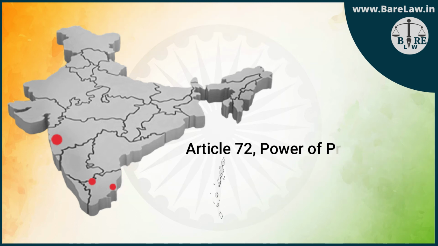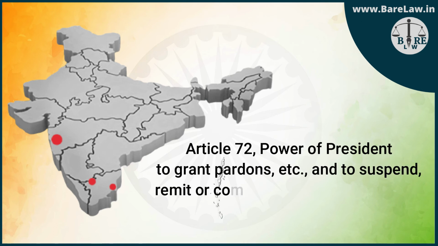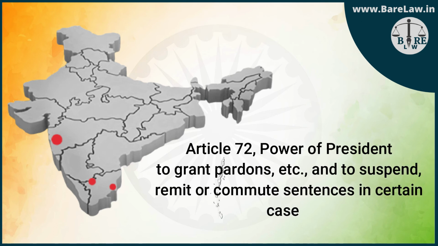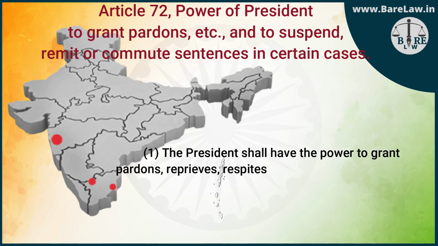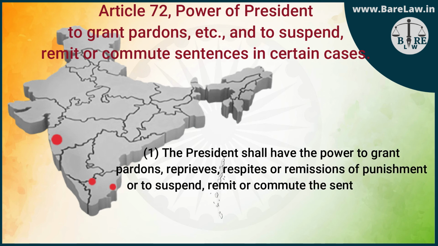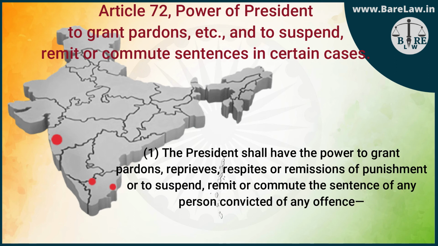Article 72, Power of President to grant pardons, etc., and to suspend, remit or commute sentences in certain cases. Subclause 1. The President shall have the power to grant pardons, reprieves, respites or remissions of punishment or to suspend, remit or commute the sentence of any person convicted of any offense,